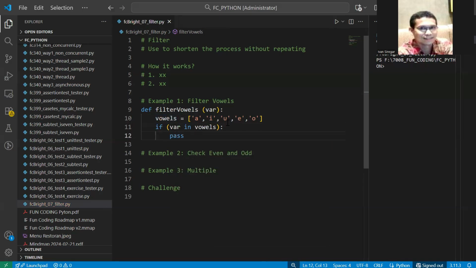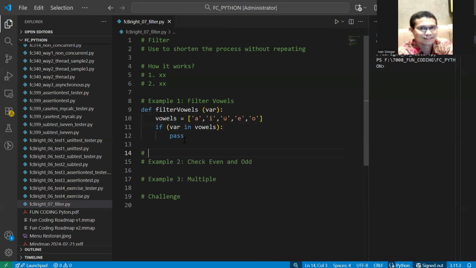Now, if so, we return true. Otherwise, we return false. So whether the var, which is the value that we try the filter vowels. We try the subroutine here.